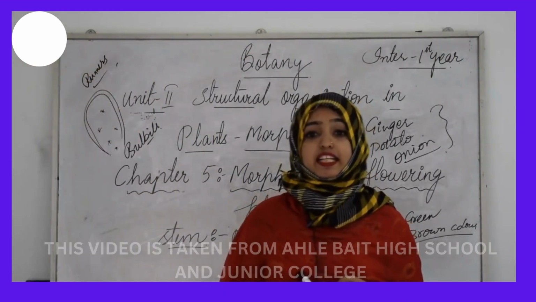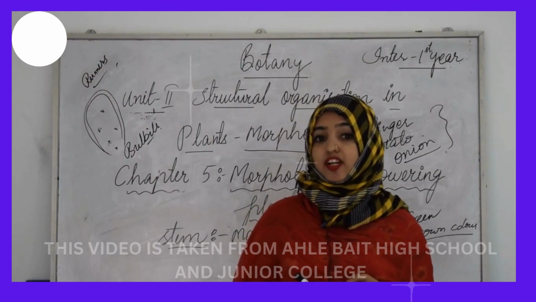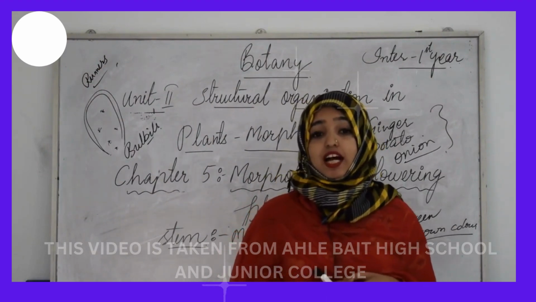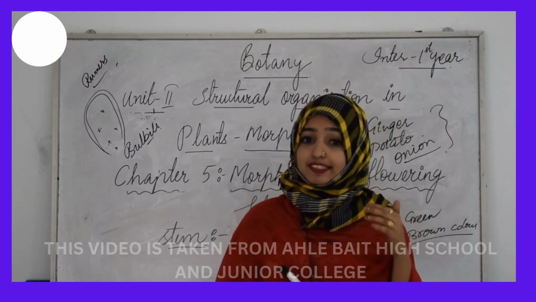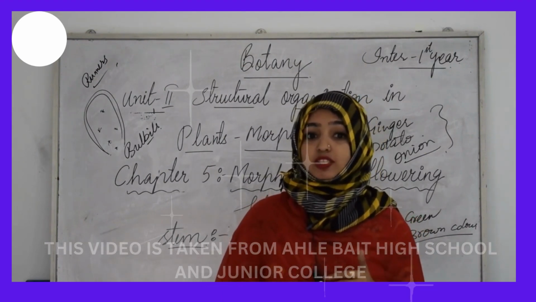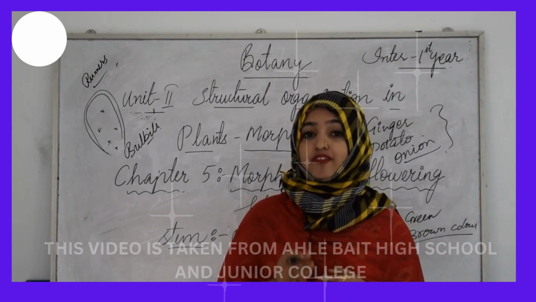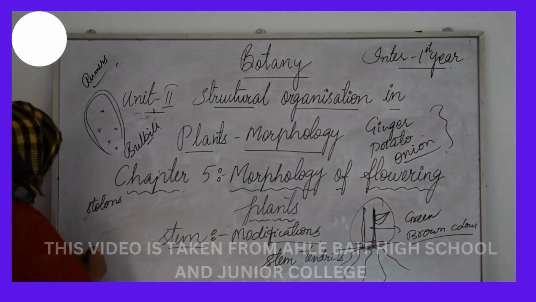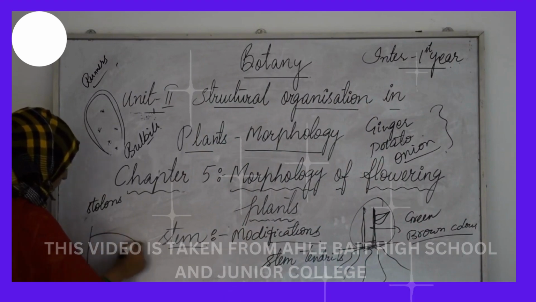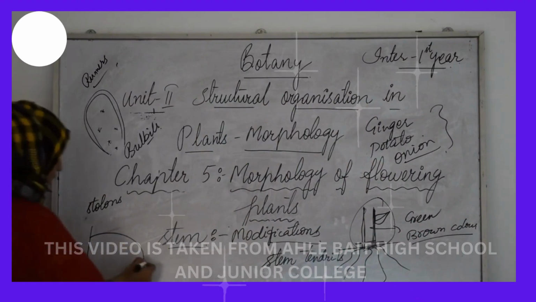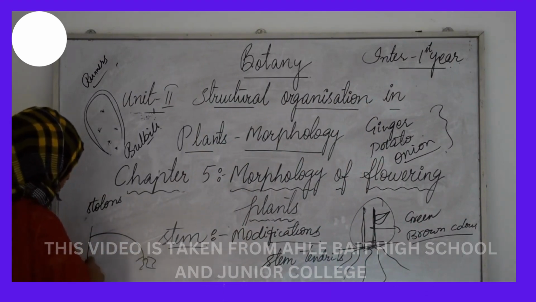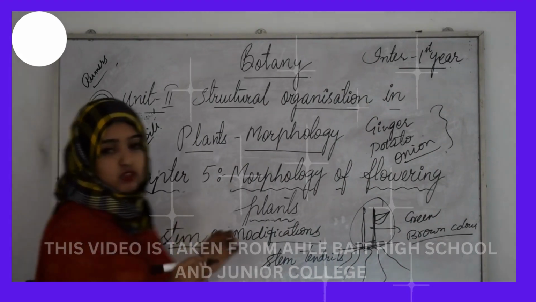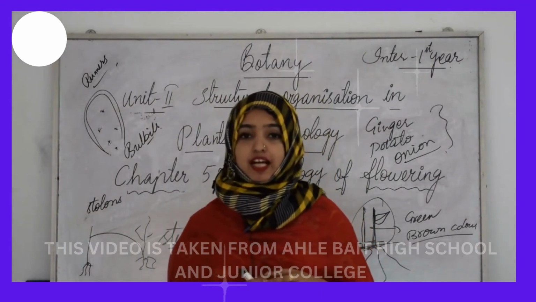And in plants like Nerium and Jasmine, a slender lateral branch called a stolon arises from the base of the main axis, and after growing aerially for some time arches downwards to touch the ground and produce adventitious roots. So what will happen actually? In stolons, the stem bends towards the surface of the soil, and from here adventitious roots start growing and give rise to a new plant. So this kind of stem modification is termed stolons.